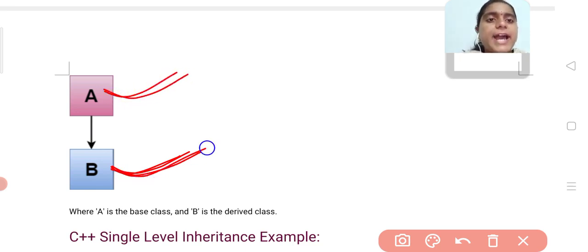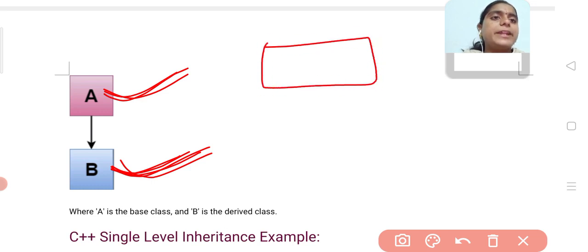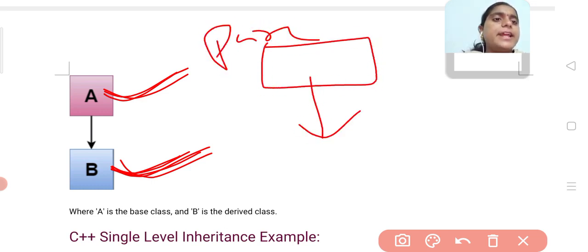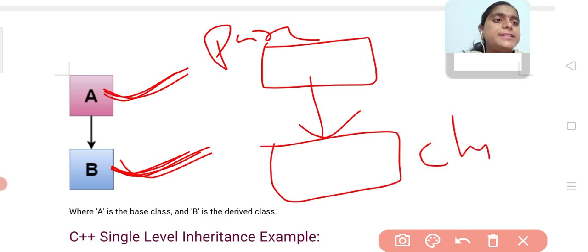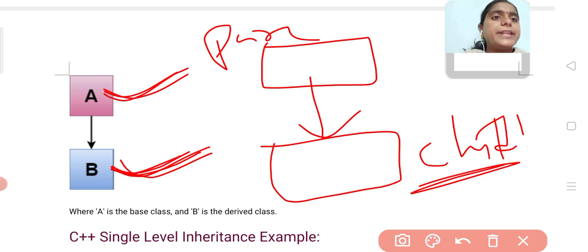If the child class derives the properties from one base class only, it is called single inheritance. For example, if there is one single parent and one child, this child can take the properties from this single parent only. That is called single inheritance.